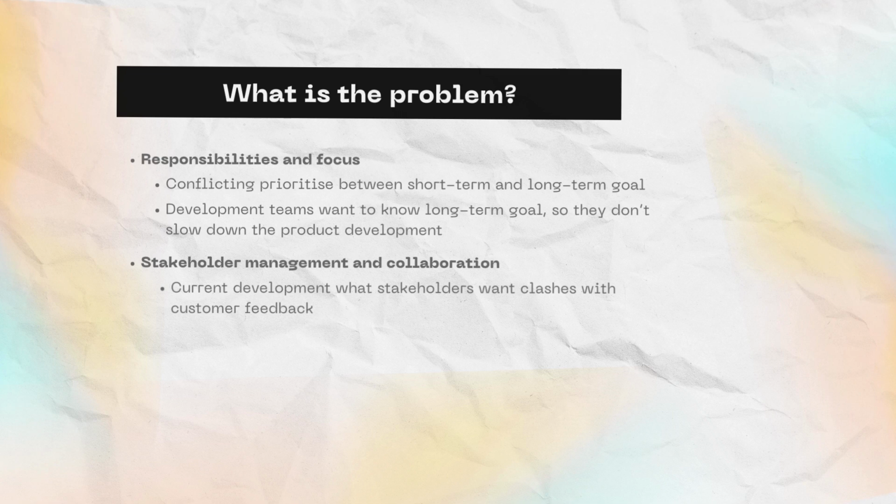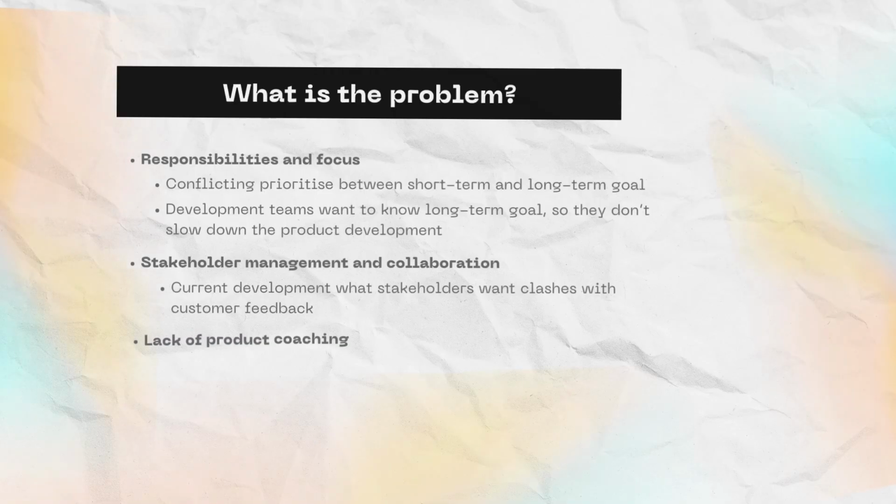Now, the problem arises when external feedback, such as from your customer, clashes with the current development requirements given by the business stakeholders. The business stakeholders only have limited knowledge about the products, mostly around how it should work. But in terms of the customer experience and solving the problems, that is more the role of the product manager, to work through and bridge that gap. This can cause a significant challenge for your product, as you might misalign the actual problem you are solving for, leading to poor product performance, and as a result, it can negatively impact the business.